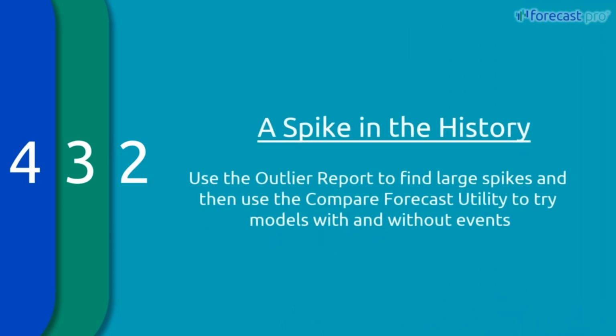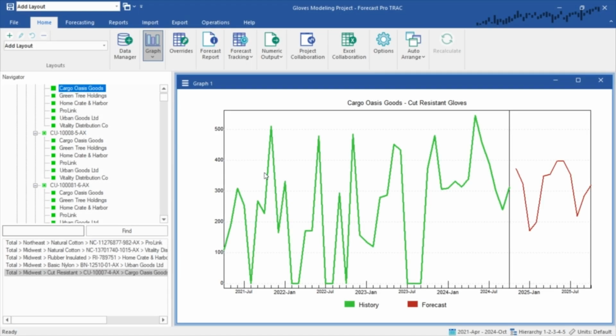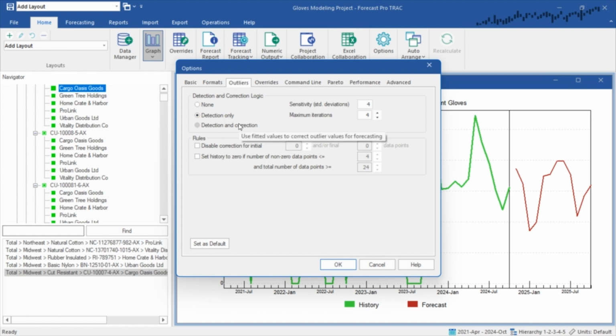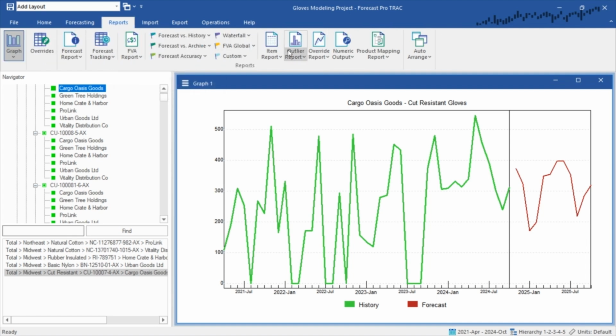For our second example, we're going to look for items with outlier spikes, and then use the compare forecast utility to see what modeling those items would look like with or without corrective event indices applied. Let's go back into Forecast Pro. Alright, here I am back in Forecast Pro. Notice that in my settings, I already have outlier detection turned on. So every statistically significant outlier spike will be adorned with a blue indicator, and they'll be pushed onto a list called the outlier report. Let's open the outlier report,